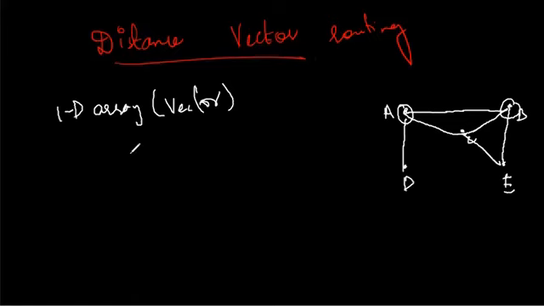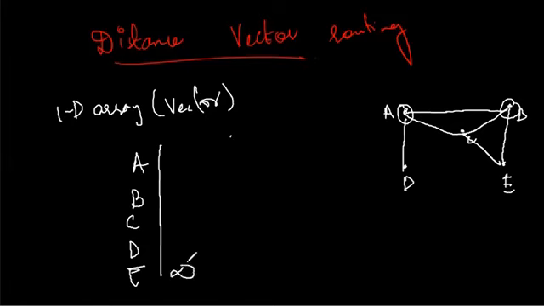So A will construct a table, or an array containing the distances. First it will maintain all the different vertices. Then it will have another column for the cost or the distance. Each of these edges will be given some kind of cost, and it will note the cost over here. For an immediate neighbor, it can have some value. Suppose for E, A is not directly connected to E, so it will maintain the value of infinity.